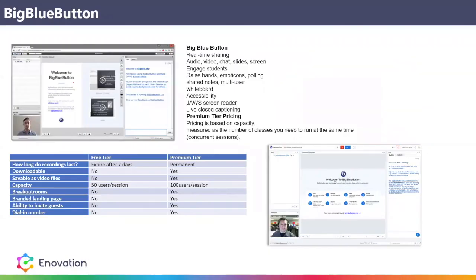Big Blue Button. We are partners with Big Blue Button, and that means that if you have a Moodle site with us, you can get a free tier for Big Blue Button, which offers web conferencing for up to 50 people. The only thing is, if you would like to have recordings kept for more than 7 days, a premium tier would be required. And the premium tier of Big Blue Button has a lot of features around